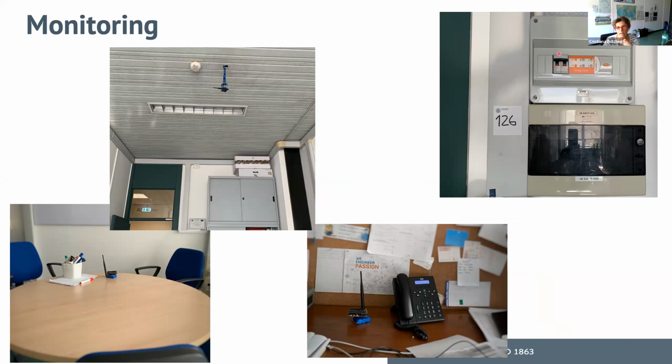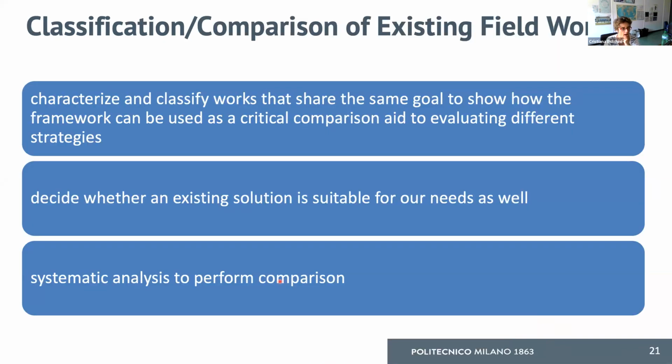And here we have the energy monitor next to the control panel. As I said, one final thing of the framework is the possibility to classify and compare the other solutions that are available from other researchers to try to understand which of the already existing solutions are suitable for our environment. Should we design our own, or should we use something that's already in place that has been planned for something else? And somehow it also helped us to make a reasonable systematic comparison.